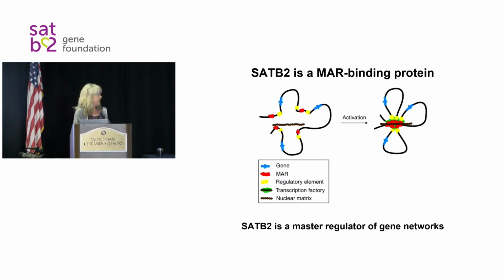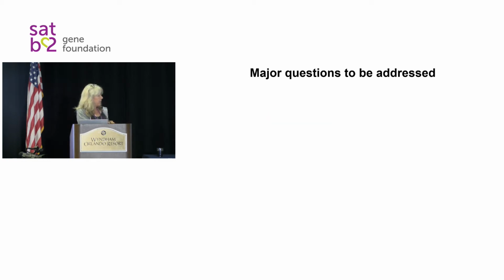That tells us SATB2 is important in neurons, and SATB2 is important in bone cells, osteoblasts, and it's doing this by regulating chromatin and gene transcription. And so what I want to cover today are some of the major questions that we're thinking about and trying to answer now. One, are all SATB2 mutations the same in terms of